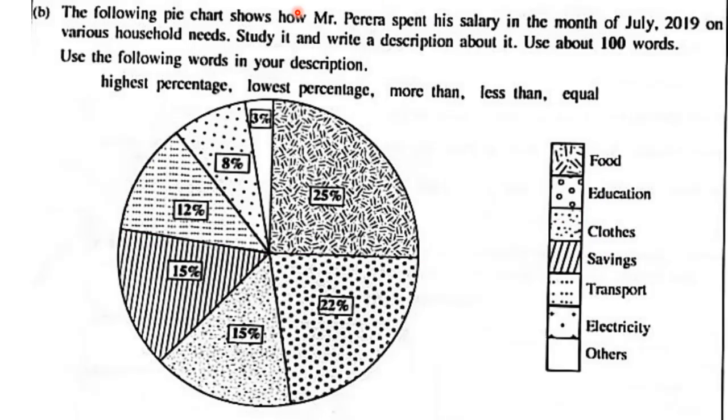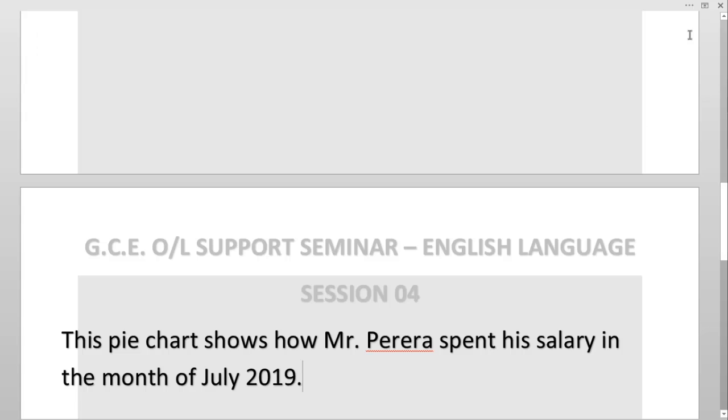Now look, it says the following pie chart shows how Mr. Pereira spent his salary in the month of July 2019. Okay, on various household